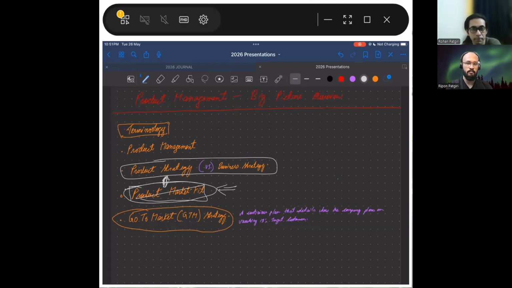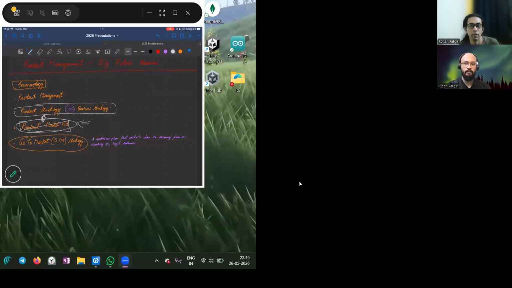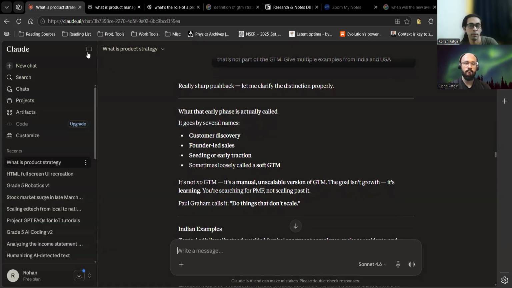Let me see if it's possible to show. Okay, I will change the share screen. Okay,